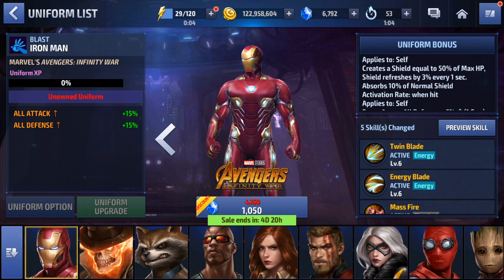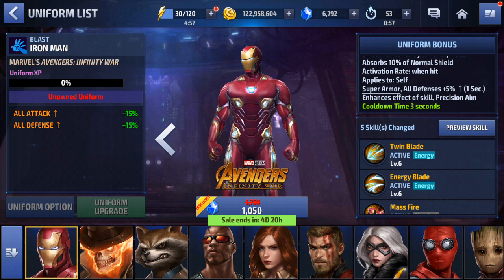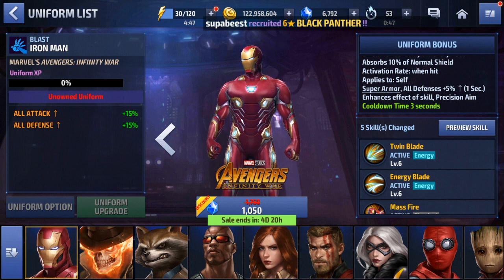That shield is always going to be there, so that should not be on a cooldown at all, because there's no cooldown indication below it. And then we have the next set of text here, which is apply to self. Since there's a cooldown below it, it should be applying to this chunk of text here. So whenever hit, you get super armor, all defense 5% for 1 second, and then it enhances the effect of the skill precision aim, and it's on a 3-second cooldown, is just how I'm kind of understanding the